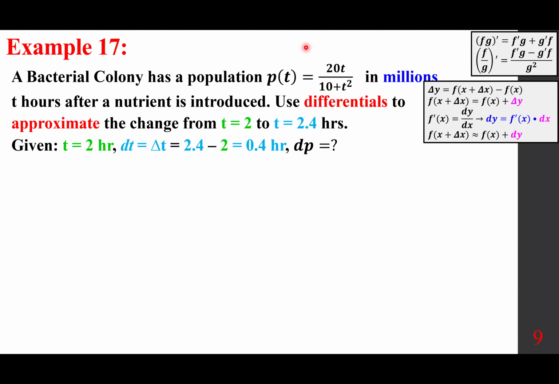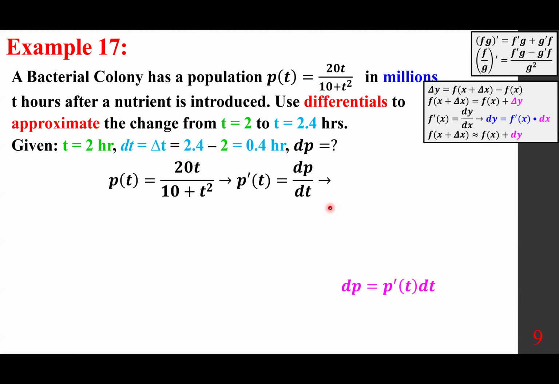So P of t is given. If we differentiate it, we get P prime or dP dt, and dP would be P prime of t dt. In other words, we are showing, as we have seen, dy is f prime of x dx, dP is P prime of t dt. That's the concept. And so to take care of that, we are going to go with differentiation first, never mind dP. Let's go with P prime, and that is